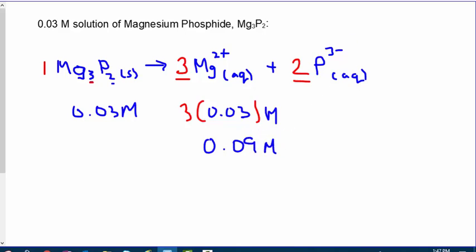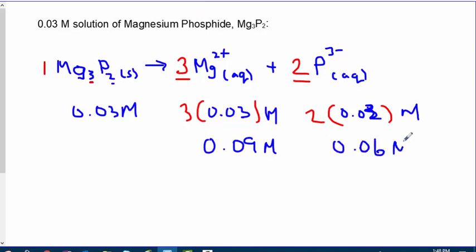And the same thing goes for my last ion. The mole ratio here is 2, so for every 1 mole of salt I produce 2 moles of phosphide ions, and so I can multiply that 0.03 by 2, which is going to give me 3. This should be a 3. My writing is messy. And so my answer here is going to be 0.06